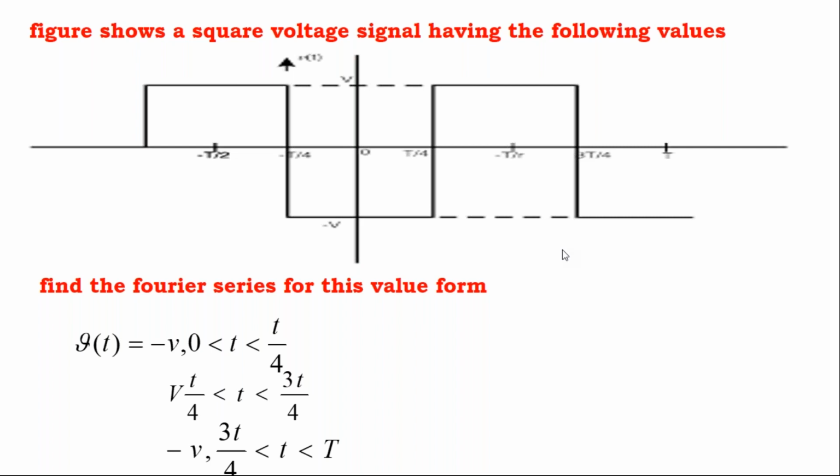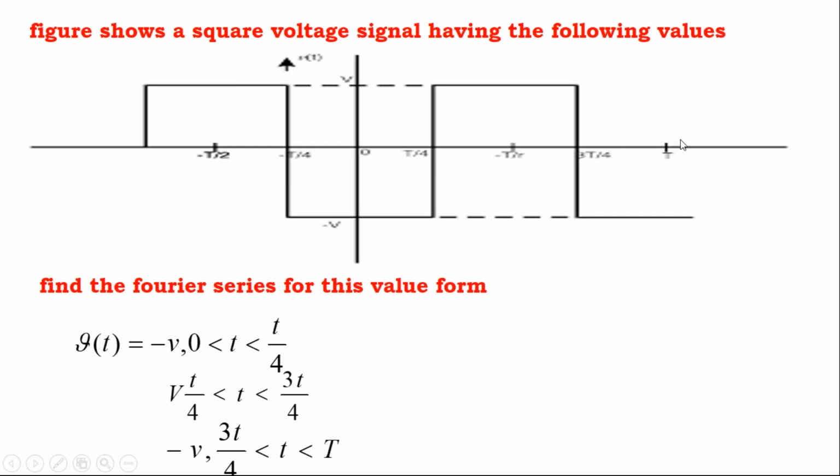So my dear students, you are not comfortable with the waveforms. It's very difficult for you. Just observe the waveform carefully. You are not observing the waveform properly. First observe this waveform. Here, this is the positive amplitude, which is V, and this is the negative amplitude. Now the waveform started from 0 and it ends at T.